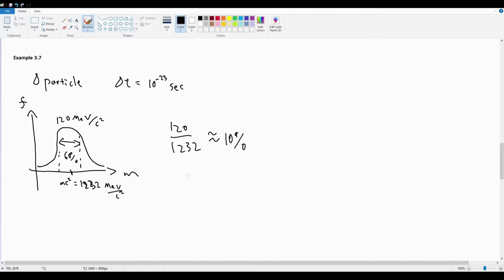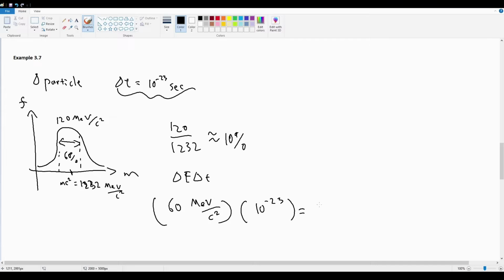Because think about what delta T tells us. In this case, the rest energy, or delta E, the standard deviation energy, is going to be just 1 standard deviation of this bell curve, which is going to be the width divided by 2. So 60 MeV over c squared, multiplied by delta T, the time it takes for the system to change on some significant scale, which in this case is the time it takes for it to decay away, so 10 to the negative 23rd. And the result for this is going to give you roughly 6 times 10 to the negative 22nd